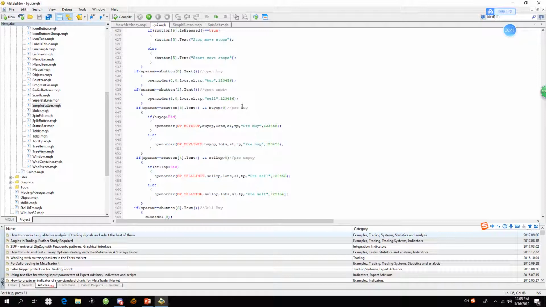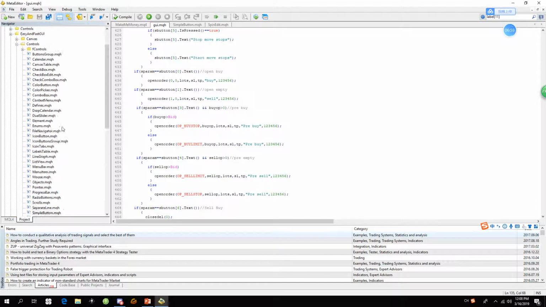Actually, I just recovered some bugs and encapsulated some functions into this GUI class, because if you just use the Easy and Fast GUI in MQL4, it will have many bugs and errors, so you can't directly use it. You need to do some encapsulation, recover some bugs and